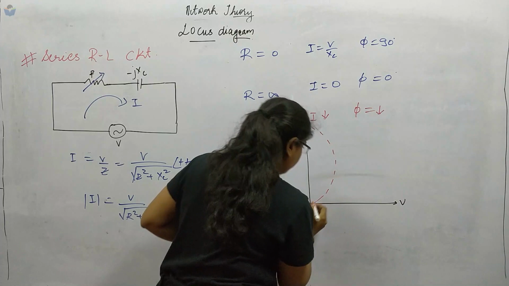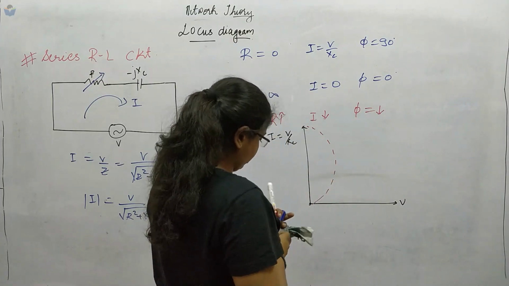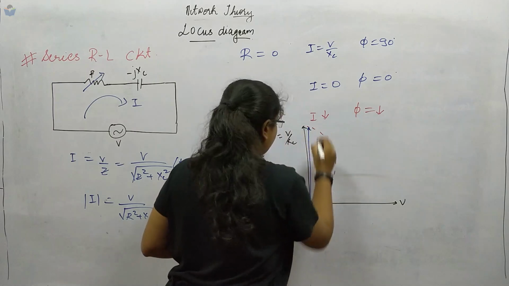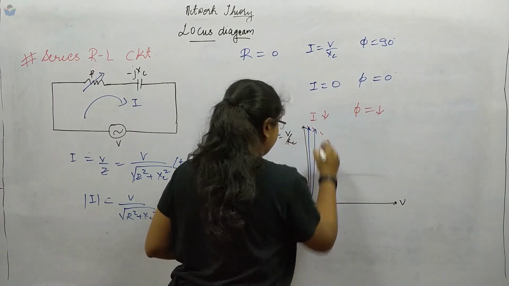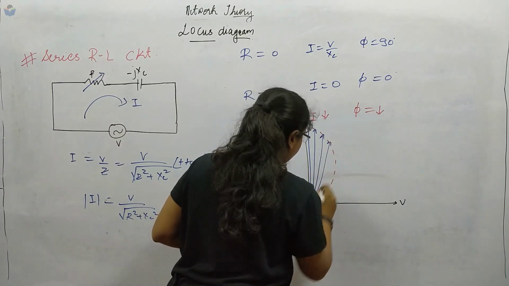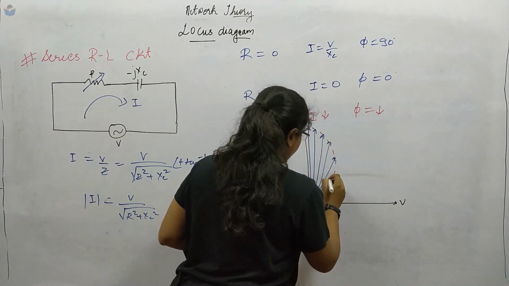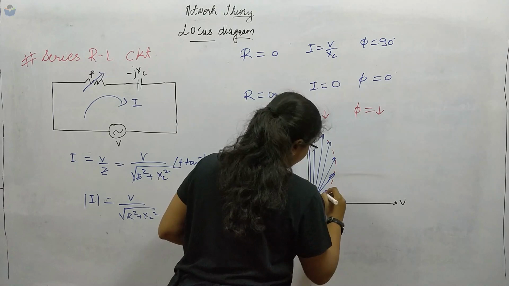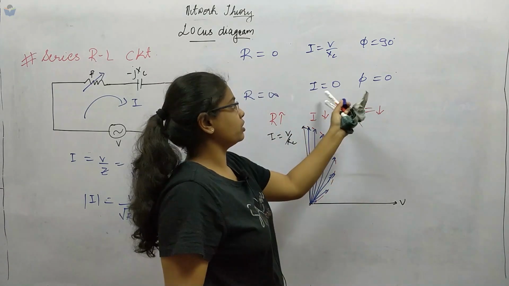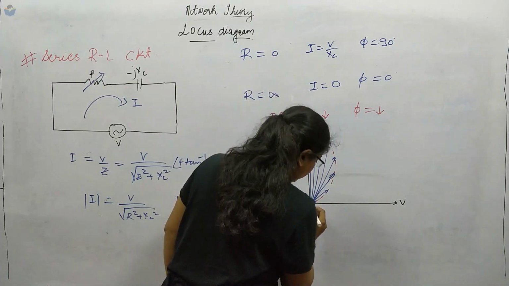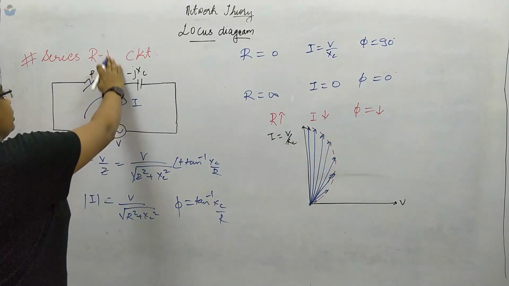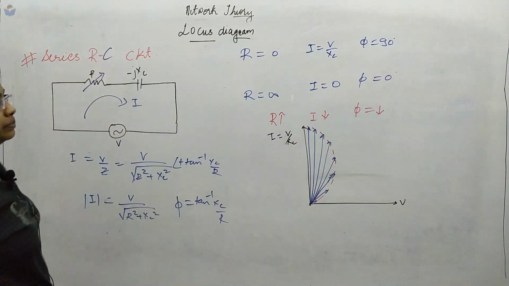okay, let me draw this first itself. Okay, next the magnitude of current will decrease with reducing angle. Okay, it won't stop till we get 0 degree. Okay, angle is also 0 degree and current value is also 0 over here. So this is the part 4. Okay, so this is RC circuit.